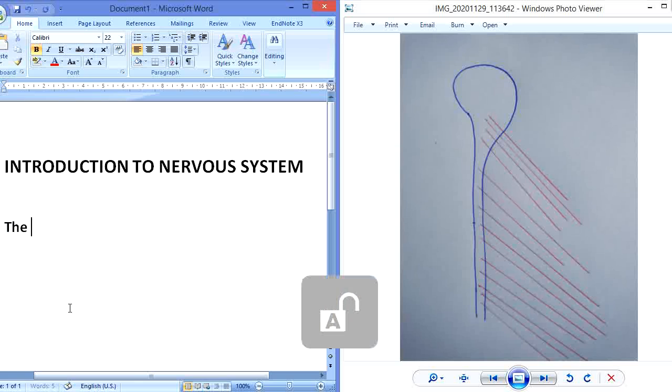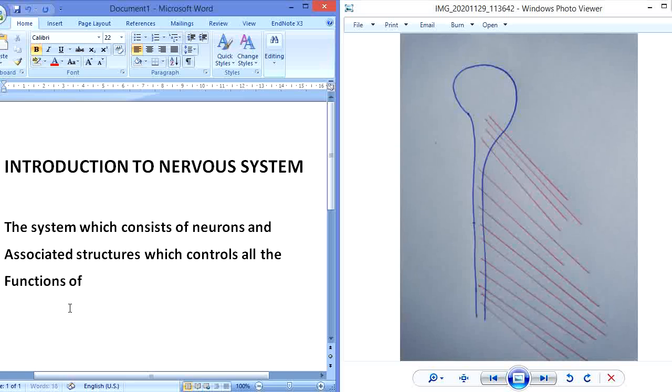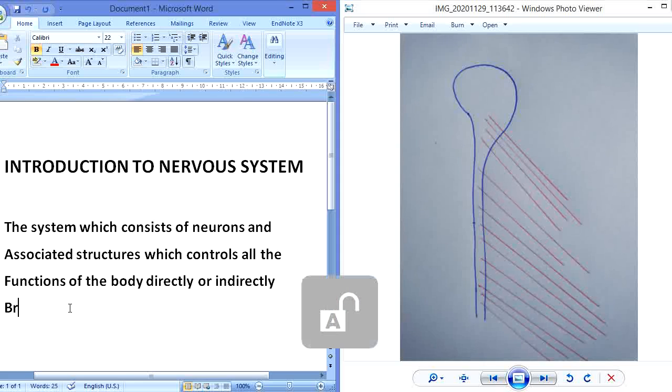directly or indirectly. The system which consists of neurons and associated structures which controls all the functions of the body directly or indirectly. You can also simply say that the combination of brain